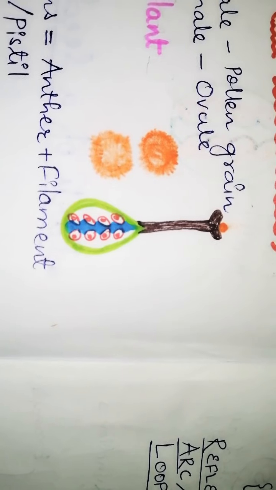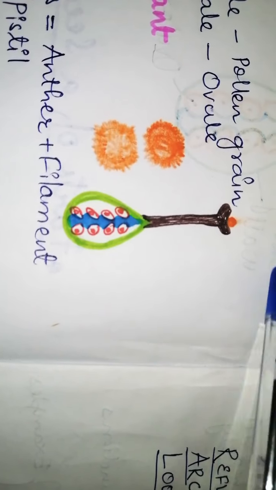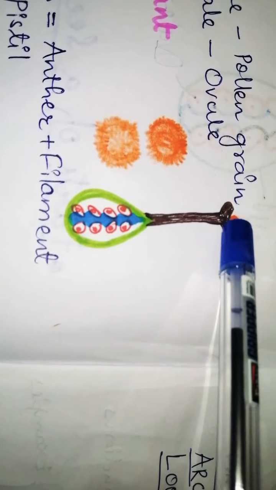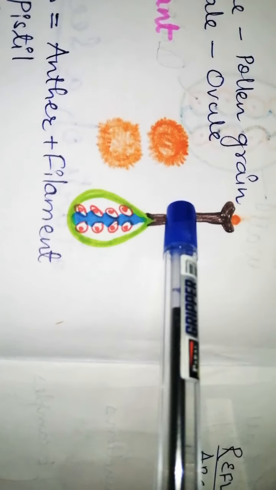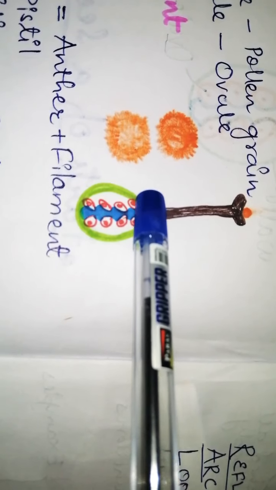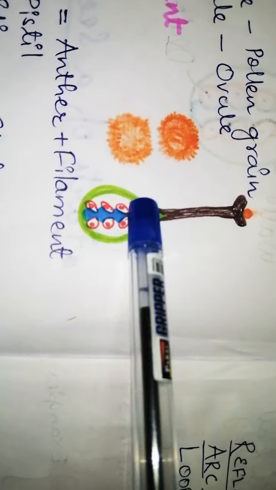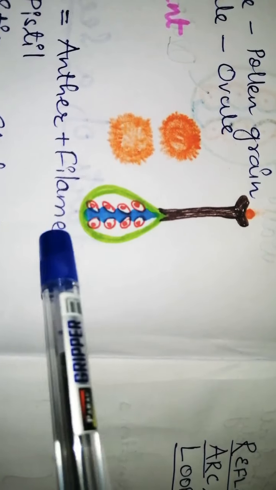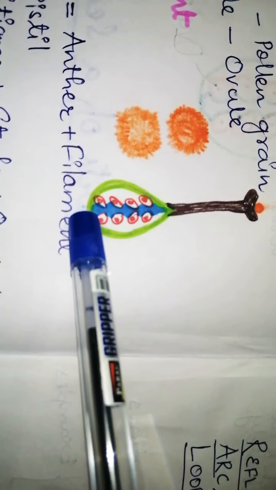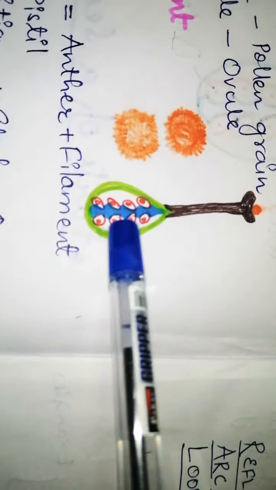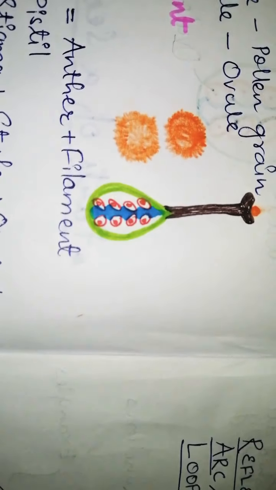Now this diagram again shows you the structure of your pistil. This is the stigma. Over the stigma we have the pollen grain. Then this pollen grain travels through the style and reaches the placenta. Okay, placenta, this blue colored part is known as the placenta, which is the attachment between the ovules and the ovary. This green colored portion is ovary. So the attachment between ovary and ovule, this attachment is known as placenta.